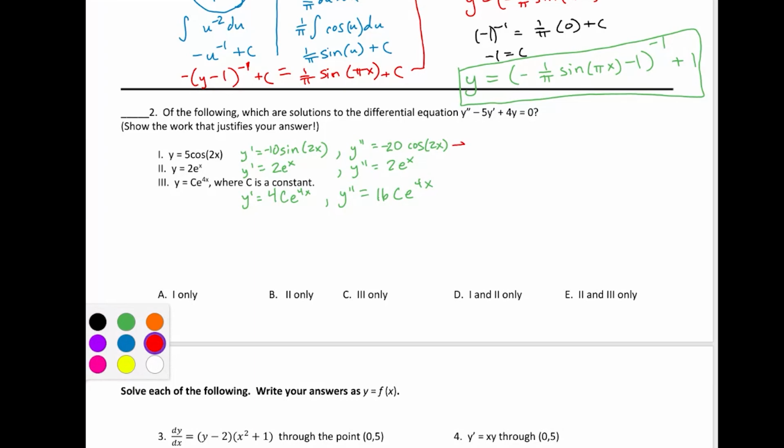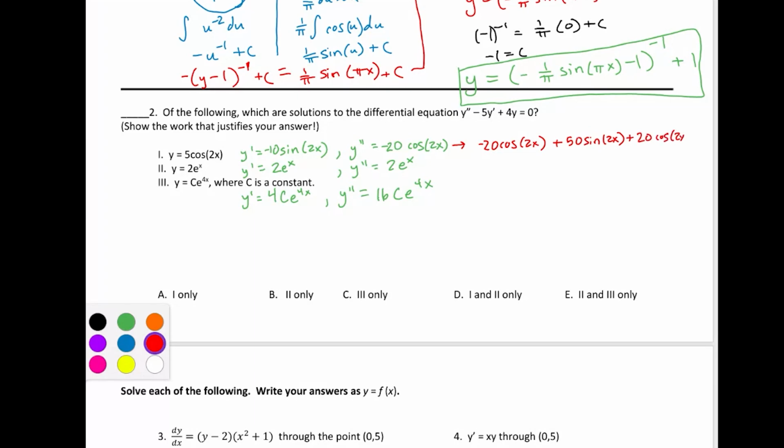So for the first part, we've got y double prime, so that's -20 cosine of 2x minus 5 times y prime. So 5 times y prime would be -5 times -10, that's going to be positive 50 sine of 2x plus 4 times y. So 4 times 5 is 20, so 20